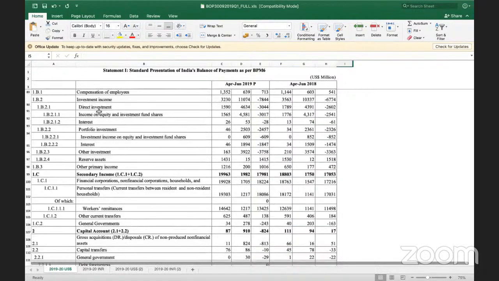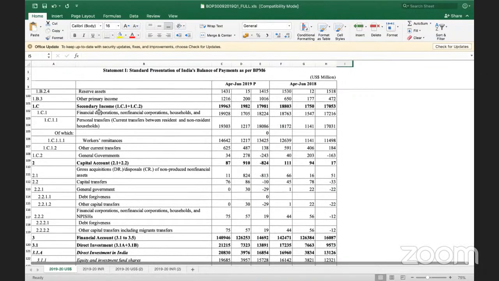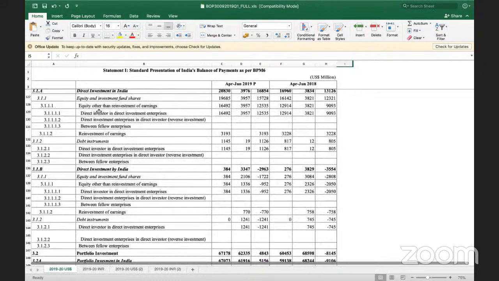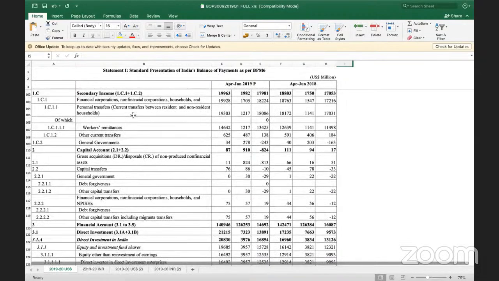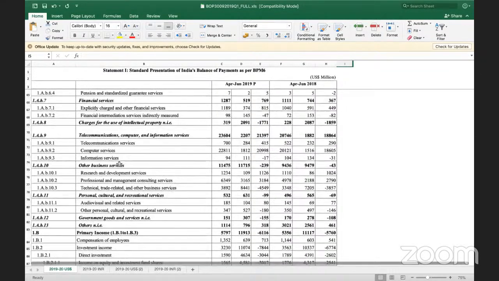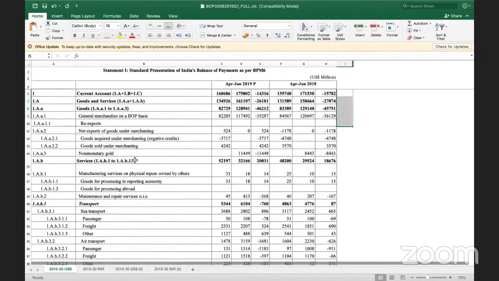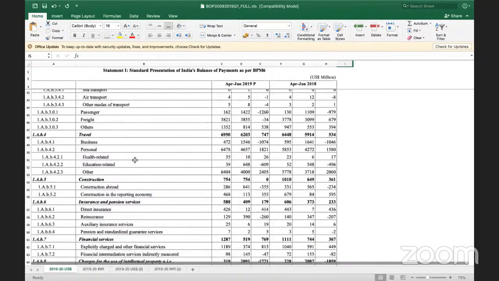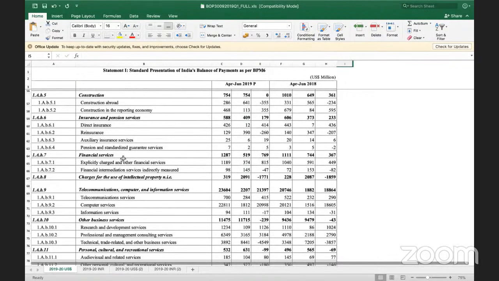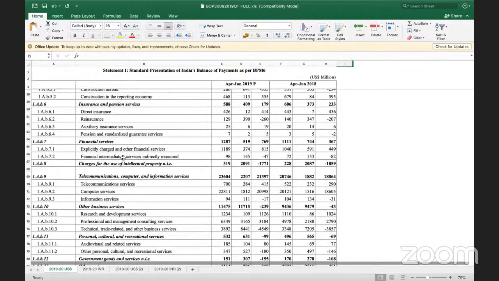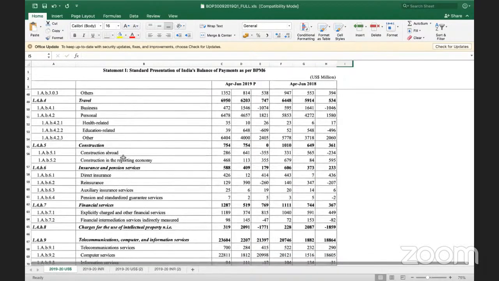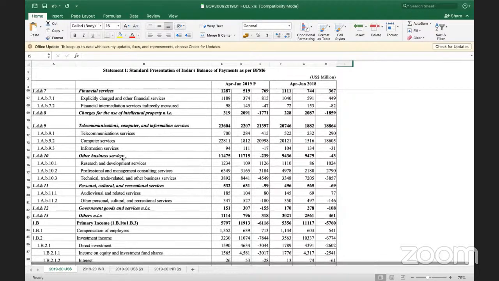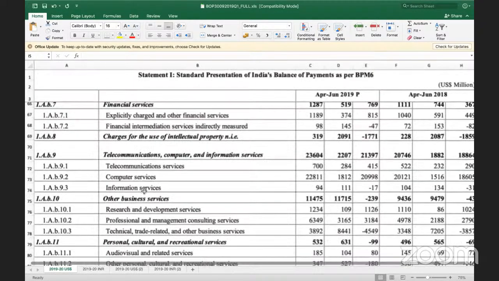Then finally, we'll just look at the total. And in addition to that, you have the capital account. In addition to the goods and services, the first part is goods, till here only it is goods, and the rest are all services. That means we are providing more services than export of goods, including financial services. Then we have capital flows. As I'm scrolling, you can stop me if you want to see something.